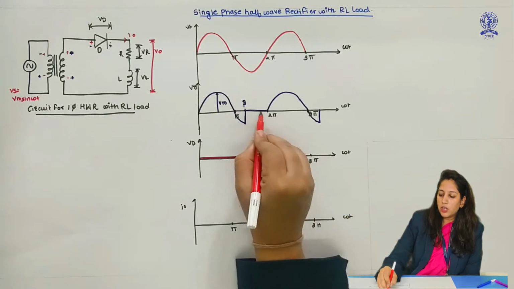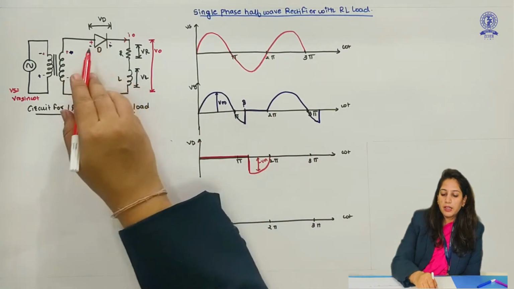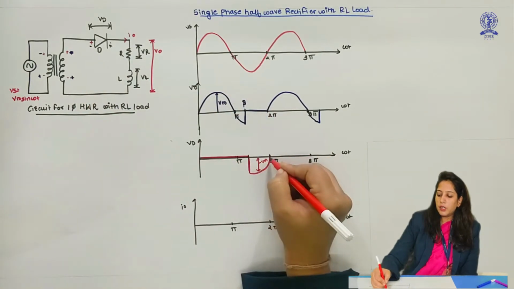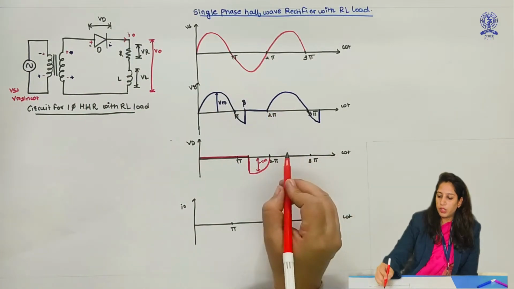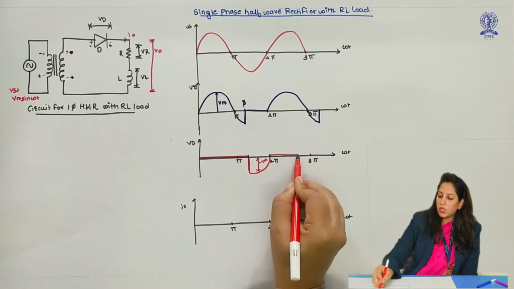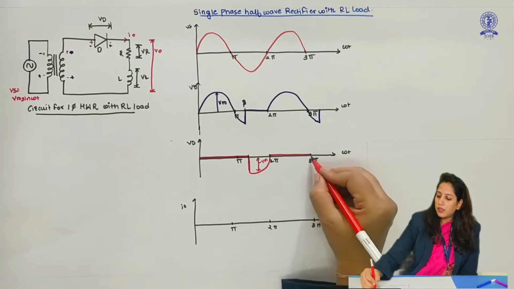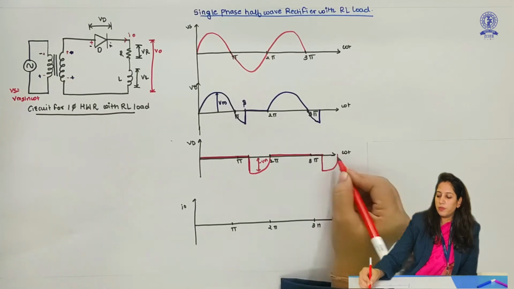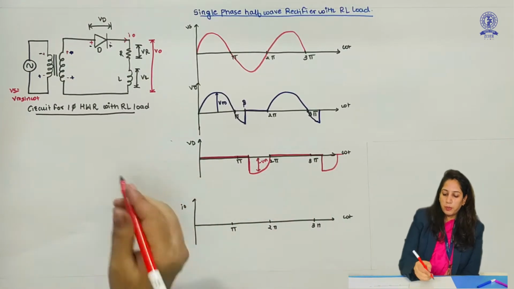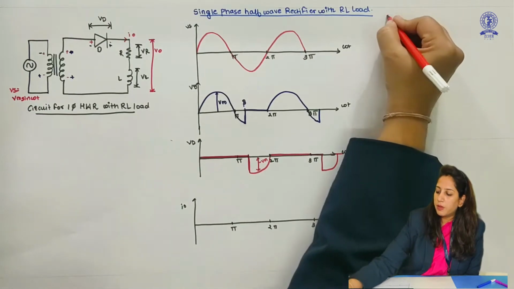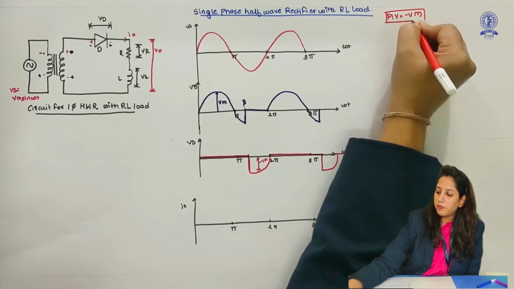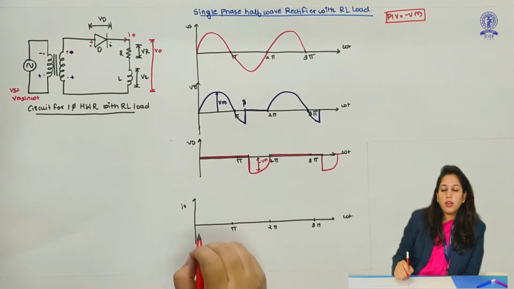Whenever the diode is not in conducting state, it acts as an open switch, meaning it is reverse biased. At that time it shows a negative voltage, that is the peak inverse voltage. Similarly for the positive half cycle it will be 0, and after the positive half cycle also, for some time period it will be conducting, and then it will be 0 again. So this is Vd. The peak inverse voltage here is minus Vm.